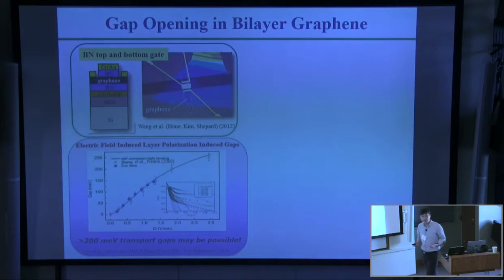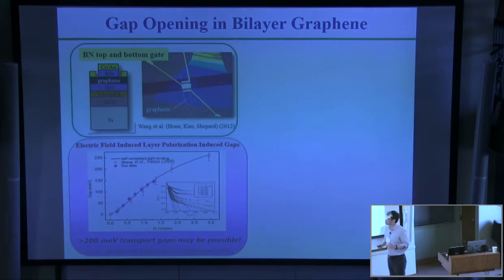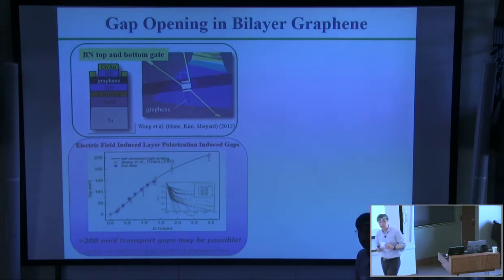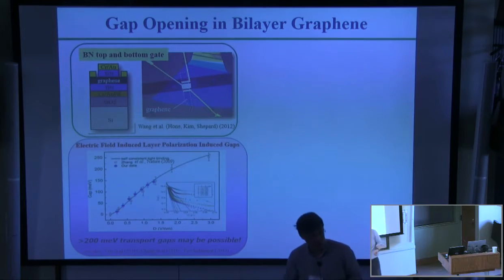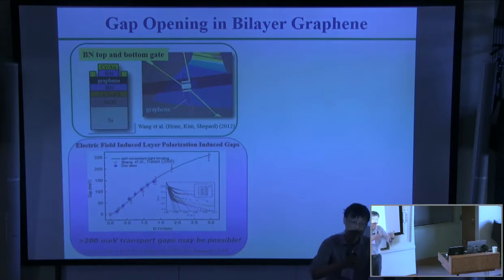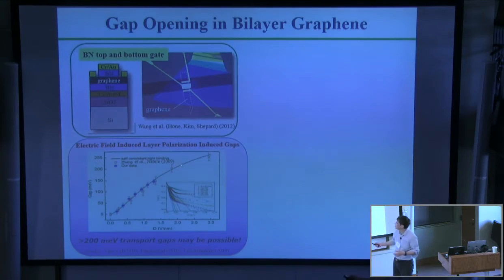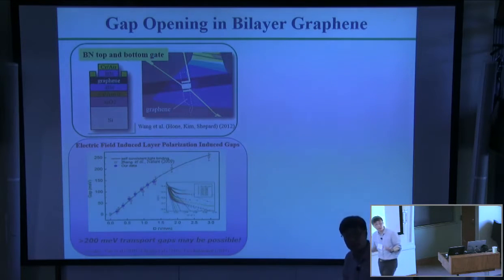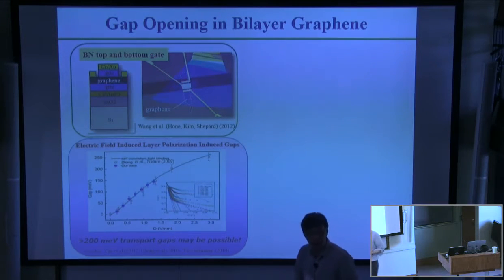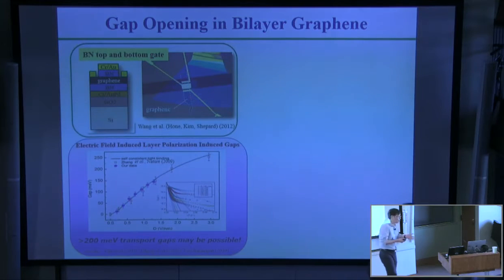Experimentally, to realize this type of experiment, what you need is the top and bottom gate in the device, such that I can control the density of the system as well as the electric field, or displacement field more precisely, that can couple with pseudo spin sectors, right? So here's graphene. We just put boron nitride on top and bottom, and top and bottom gates. We can have this under the magnetic field and under the electric field. We can interrogate the transport to understand the